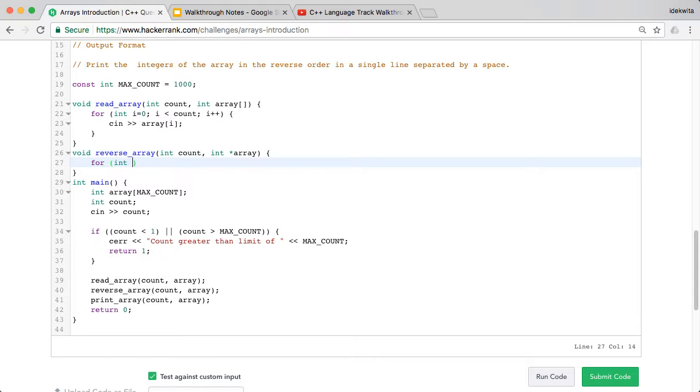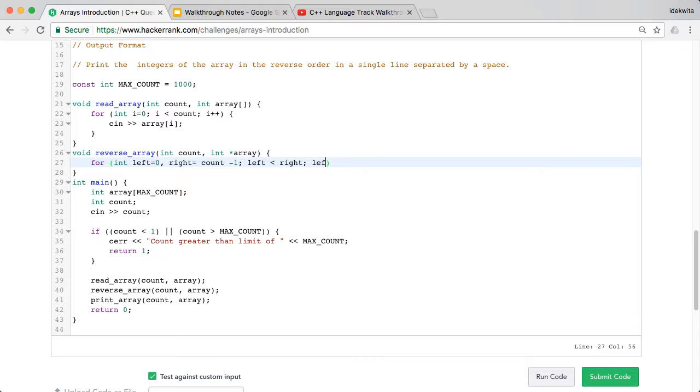I'm going to say, given the beginning equal to 0, and the end equal to count minus 1, that is the last one, or I can say, let's call this the left end, left and right, and going until, as long as left is less than right,